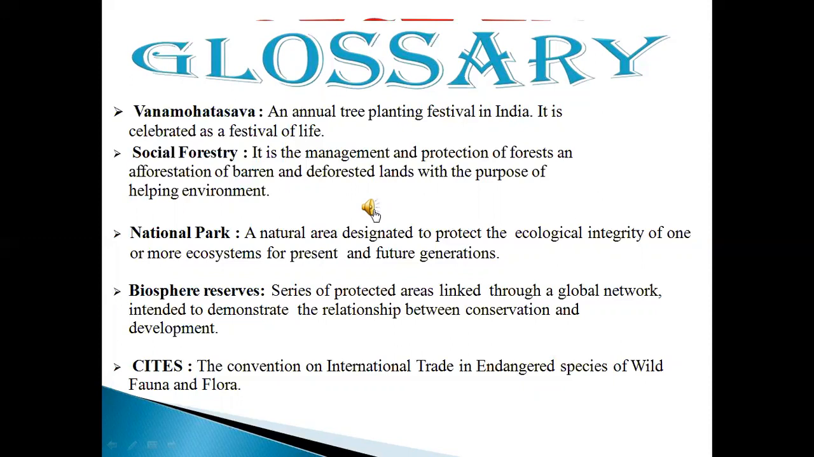Awareness programs like social forestry and Van Mahotsava should be encouraged at the regional and community level. School children should be encouraged for bird watching and visiting nature camps so that they appreciate the habitat of varied species. Do you know? CITES, the Convention on International Trade in Endangered Species of Wild Fauna and Flora, is an